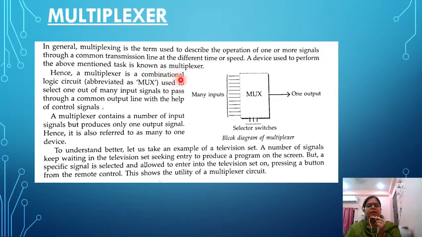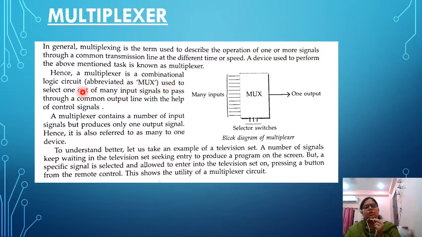In a multiplexer, a number of input signals are there, but it produces only one output signal. Again, in multiplexer, we can see there are several input signals through the block diagram, and we have got only one output signal.